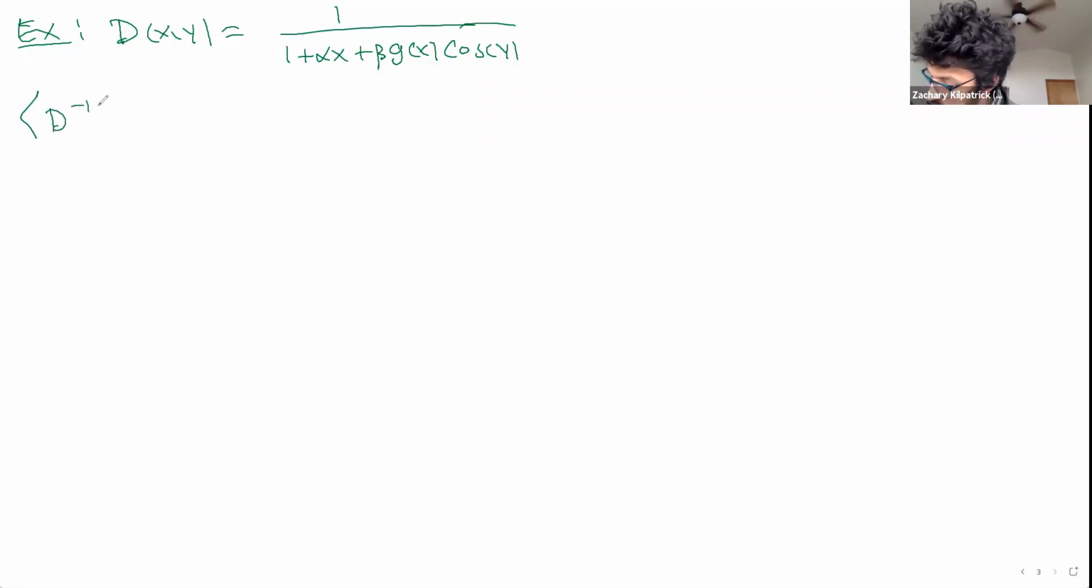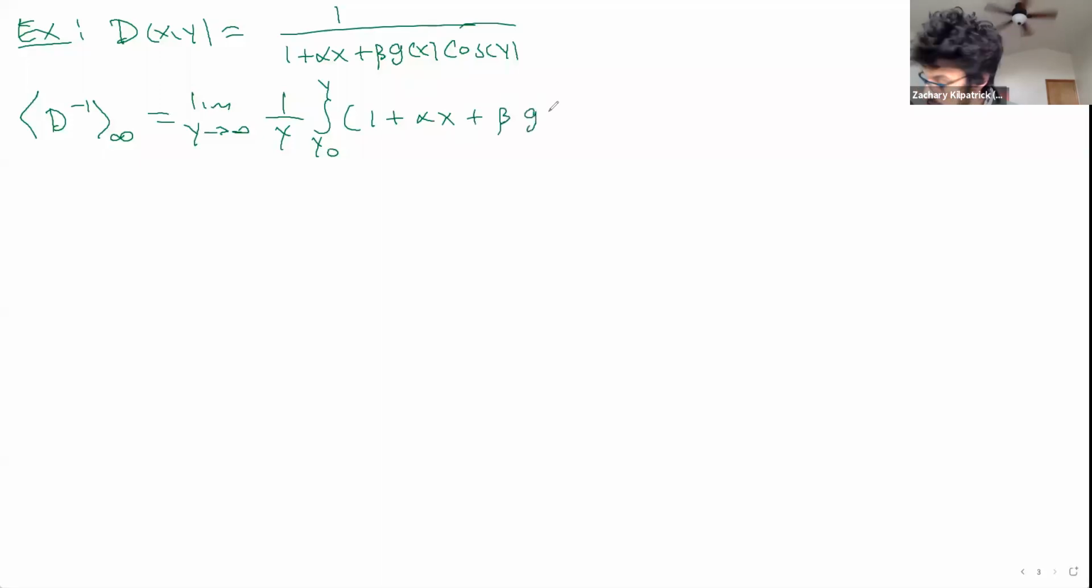So if we take this harmonic mean, let's just start by averaging d to the minus 1, then we get the limit as y goes to infinity of 1 over y, the integral from 0 up to y, 1 plus alpha x plus beta g of x cosine of s, ds, right? And this oscillates indefinitely, but the lobes will cancel out if we take y to be at the right periods of this function,